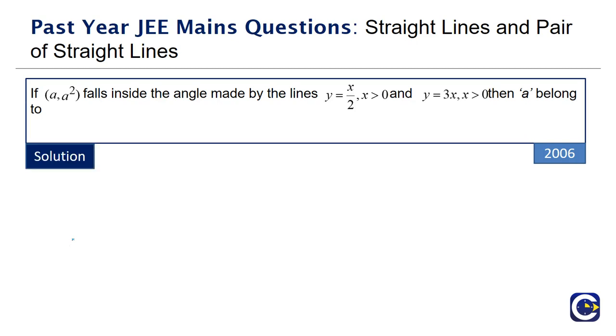So if you consider this line, y = x/2 will be somewhere like this, and y = 3x will be like this. This is x, this is y. So there is a point in between these, which is (a, a²). So if you substitute this point here,